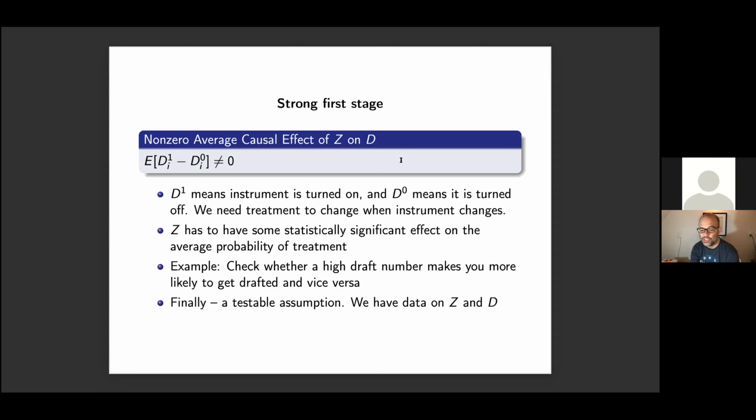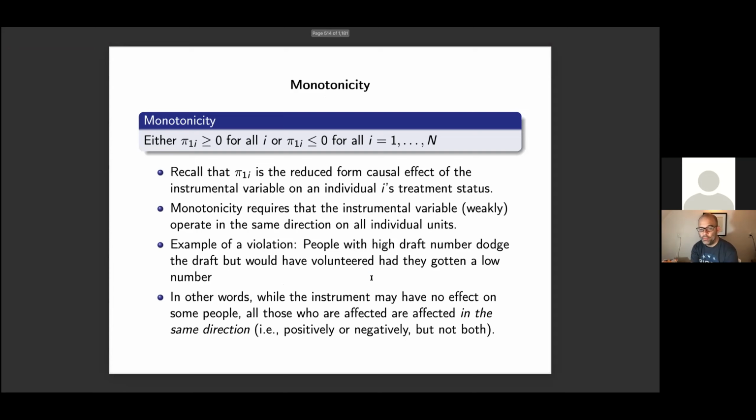We need the strong first stage. We have to check whether a high draft number makes you more likely to get drafted. We talked about that already. And then we have this really hard one. This is the new assumption, monotonicity. So what is monotonicity? Monotonicity basically means, sure thing. Monotonicity